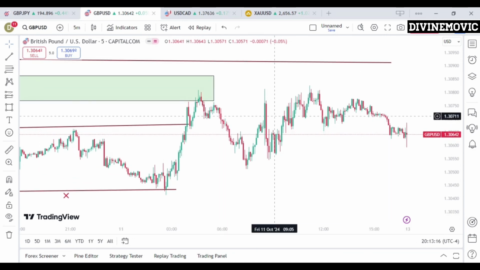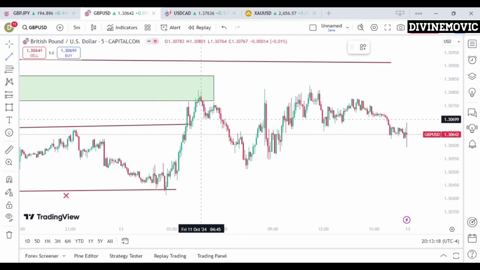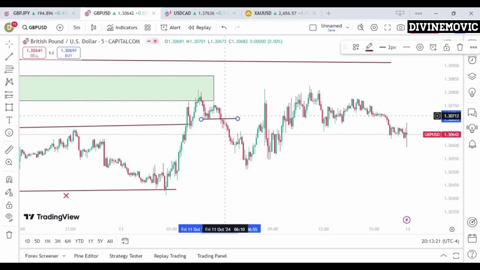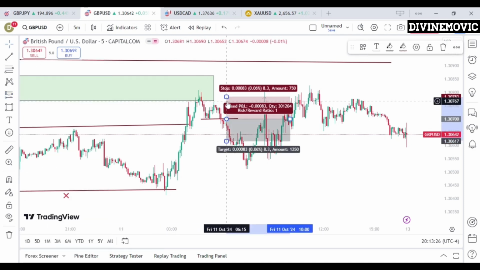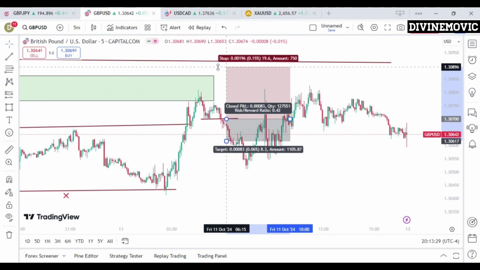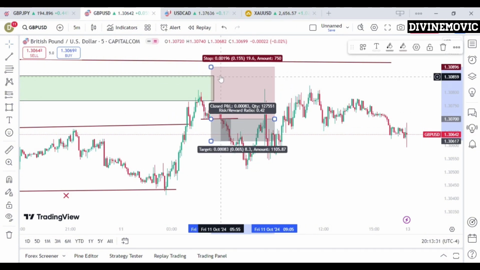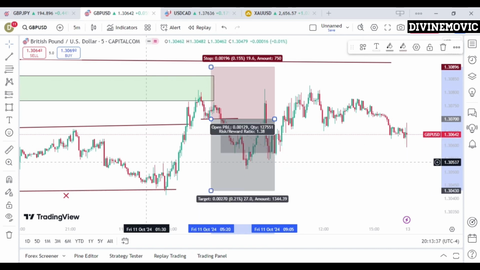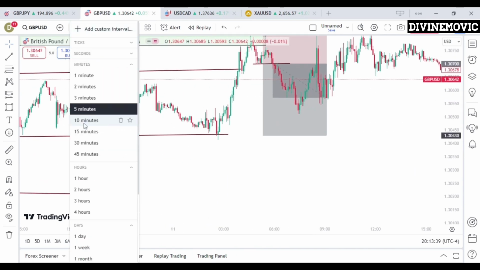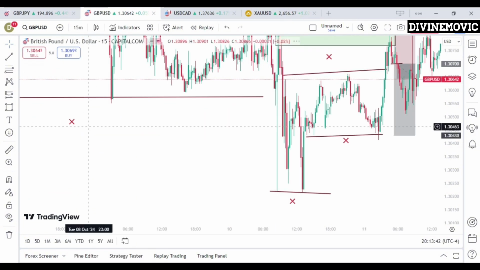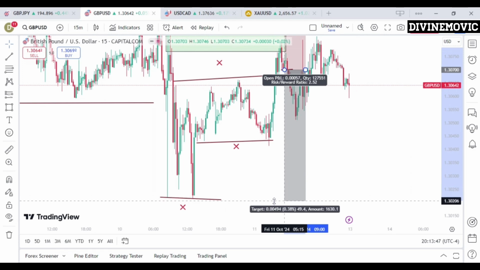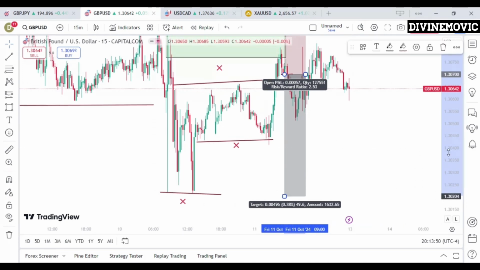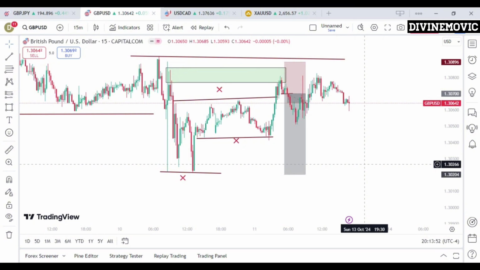So my entry began when I saw this point here. When price got this low here, I had an entry at this point here for a short, and my stop loss was simply at this point here, and my take profit was simply this liquidity point here on the 15 minute time frame. This point here, and likely this point here, and this was exactly a 1:2 risk to reward,